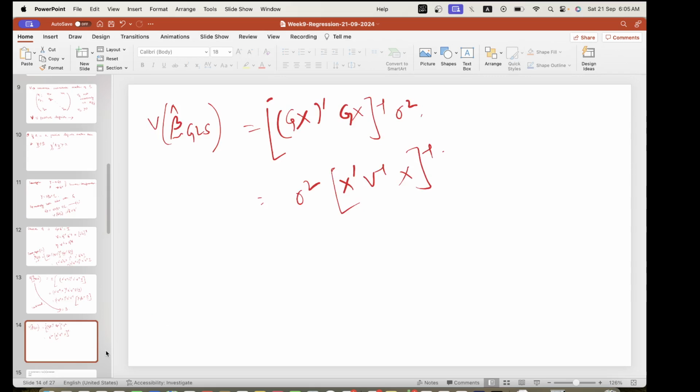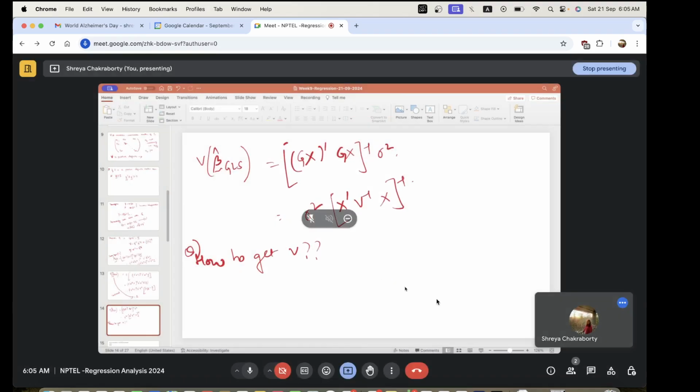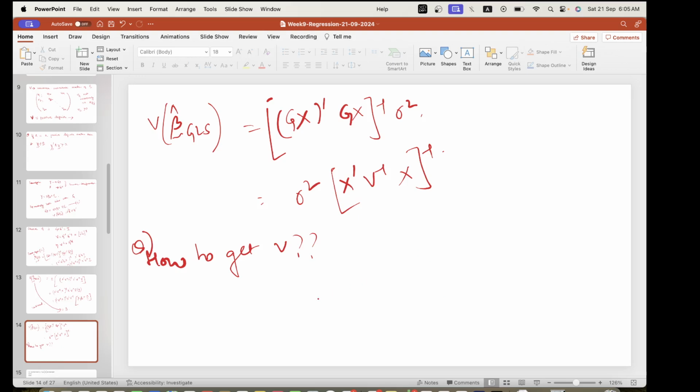So how do we get V? Since V is positive definite,